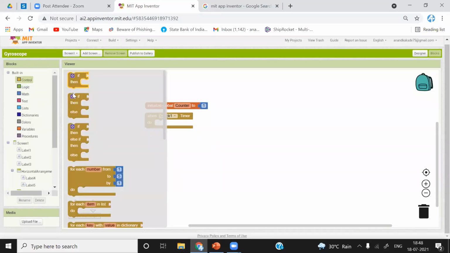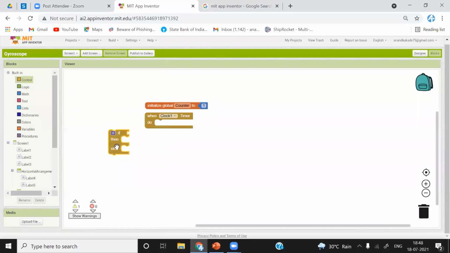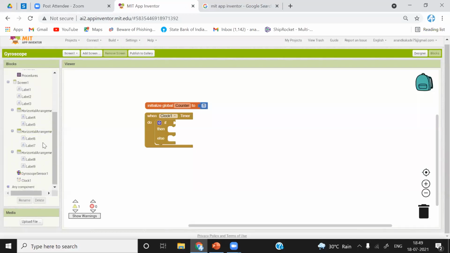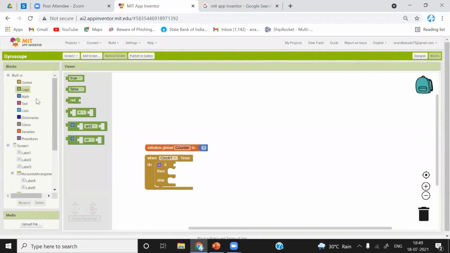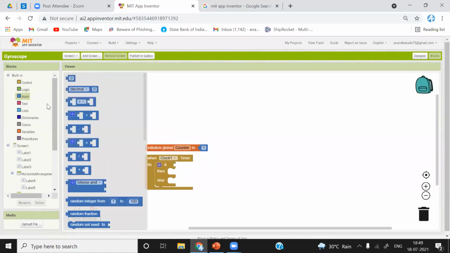Now we'll select if then else. What do you want to do? So we will compare this counter with the seconds. Whenever one iteration will happen, 1 second will pass. So from maths, I will take this.